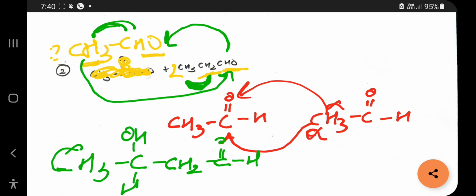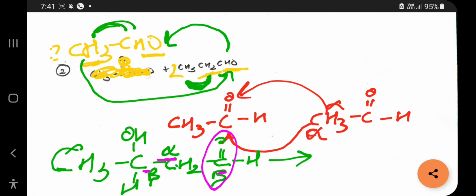Here you'll get an H. That's it. If we want to dehydrate with H2SO4, we should have obtained a beta carbonyl compound. This is the alpha carbon. This is beta. This is also beta. So this is a beta carbonyl compound you have obtained after an aldol condensation. If you dehydrate, what should you obtain? Alpha beta unsaturated compound. Either you can remove hydrogen from here or here.